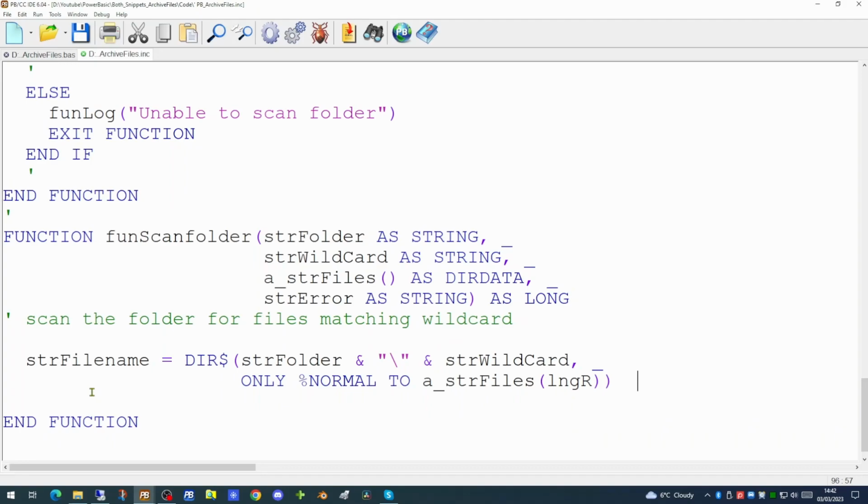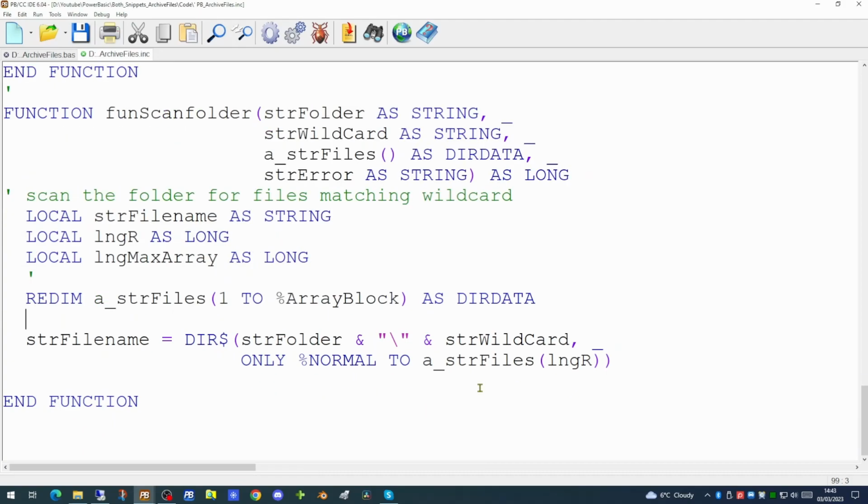At the moment, we have not yet dimensioned the size of our array. As we don't know how many files are going to exist within this folder that will match our criteria, we don't know how big to make the array. We're going to redimension the array initially at a set size. And then once we find a file which would mean the array needs to be extended, we will extend the array in a block. So we'll need some local variables to help us keep track of all of this.